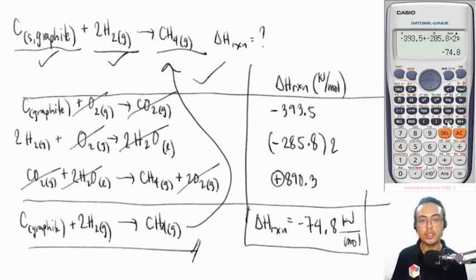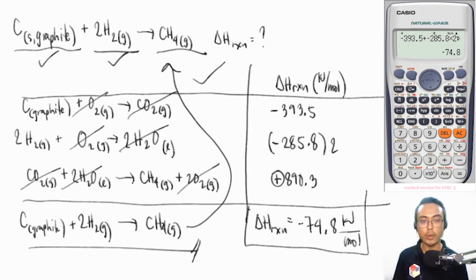Okay? So this is just a variation of Hess Law. Again, you just have to modify your equations by flipping or by multiplying a factor just so that you will arrive with the unknown equation. And then if you add all of the enthalpies of reaction, you arrive with the enthalpy of reaction of the unknown equation. Now, how do we prove that we have gotten the correct enthalpy of reaction? If you'll notice,